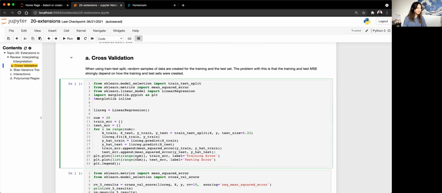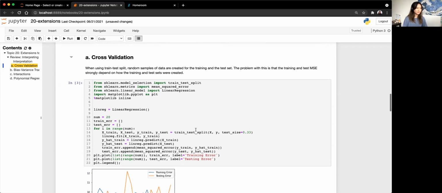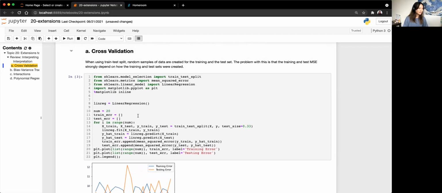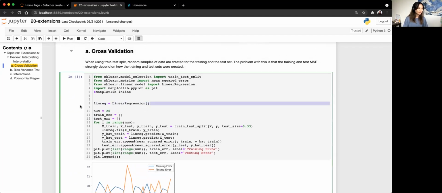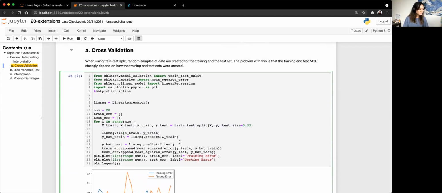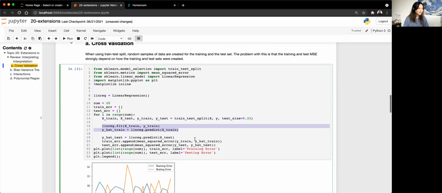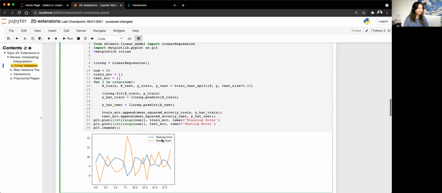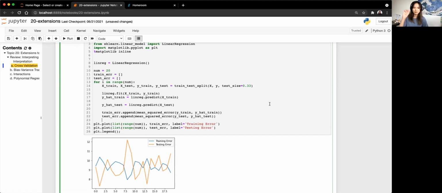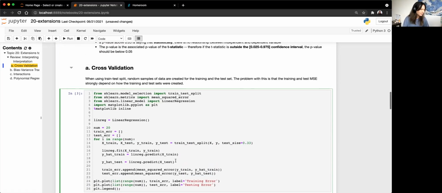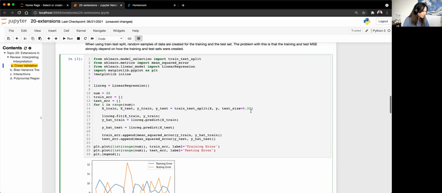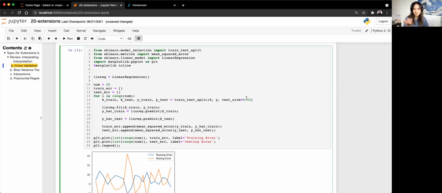So I'm running a simulation over here, and this is just a quick simulation. What we're doing here is we're running 20 different linear regressions, all with random train test splits. We're going to do train test split, fit on the train set, make predictions on the train set as well, and then test on the test set. And then we're just going to look at the mean squared error across both our train and test sets. Another thing to note here, the test size is 0.33,